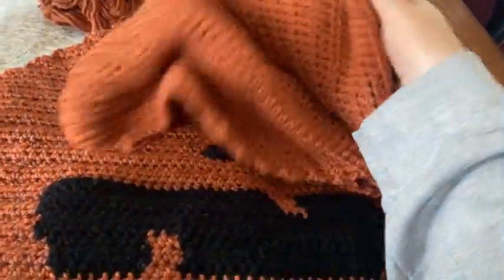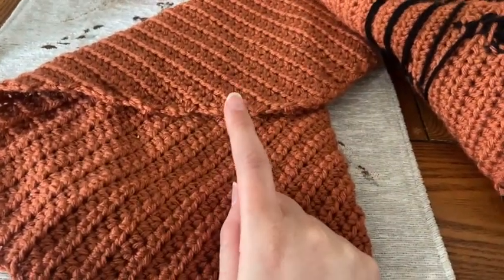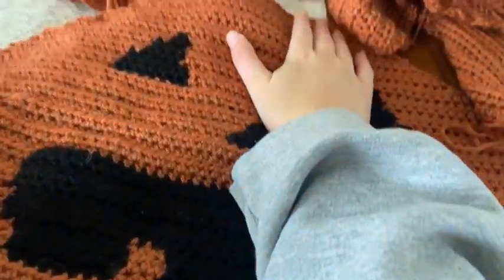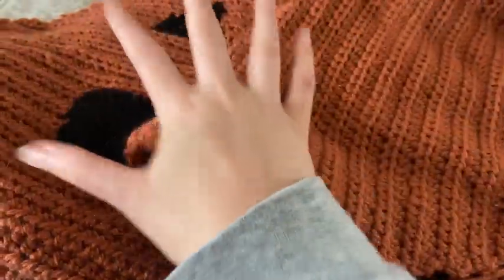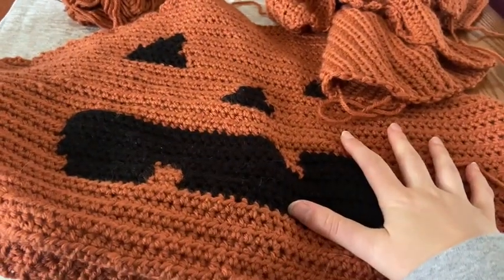So I have both my sleeves done. I have my front panel, my back panel, all done. So now there's several ways I guess you could go about it, where you can make like the neckline, the waistband, and the cuffs for the sleeves, but I'm actually gonna go ahead and weave all 4 of these pieces together and